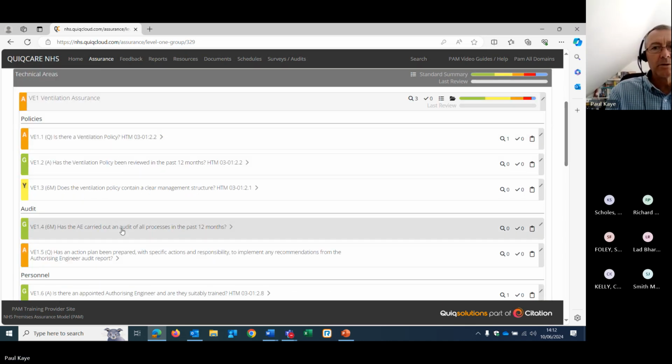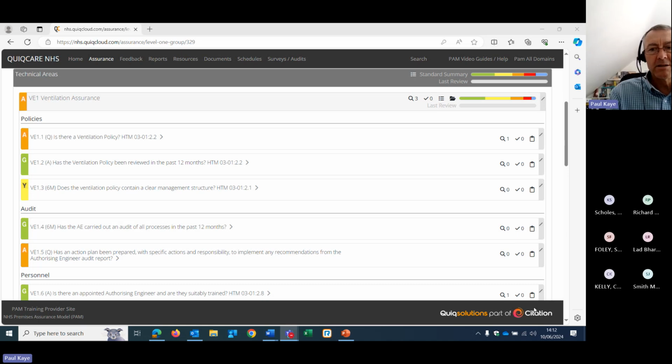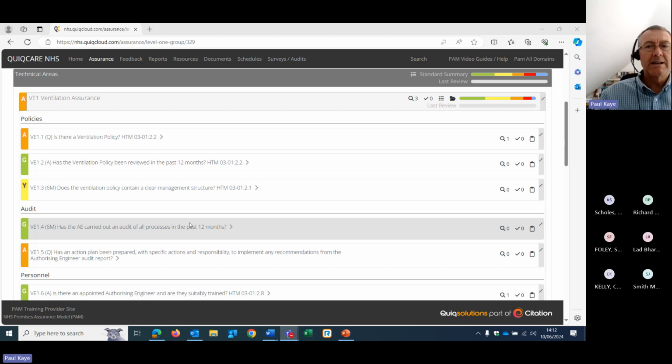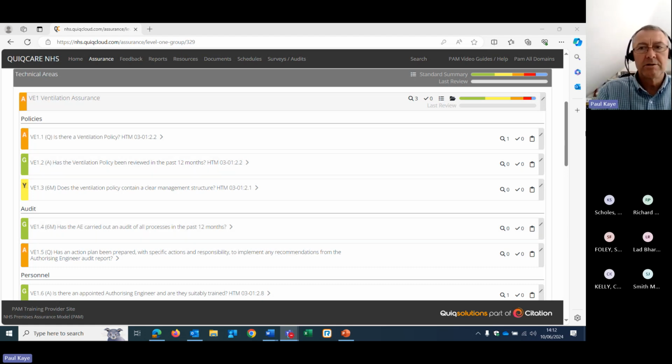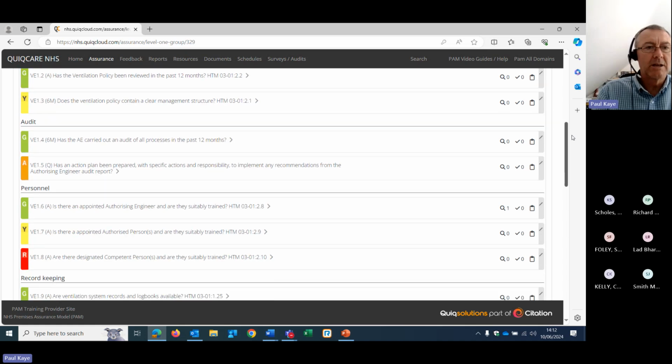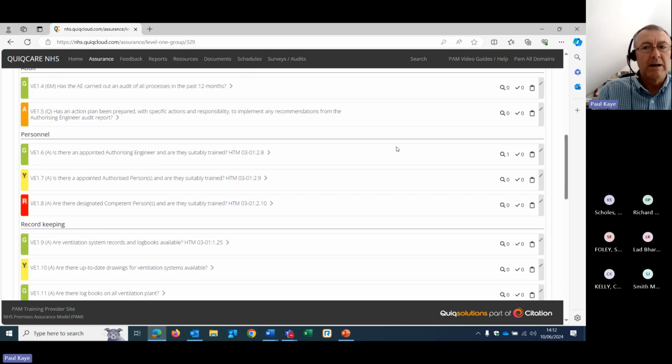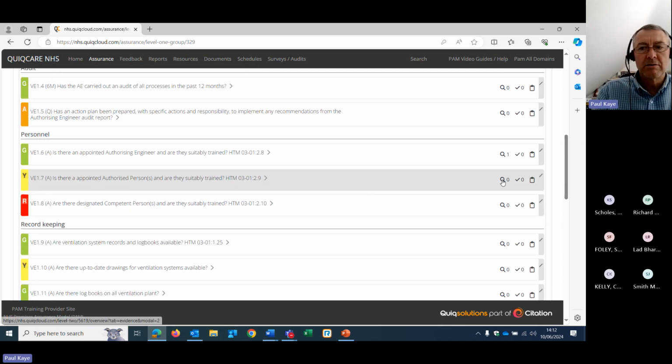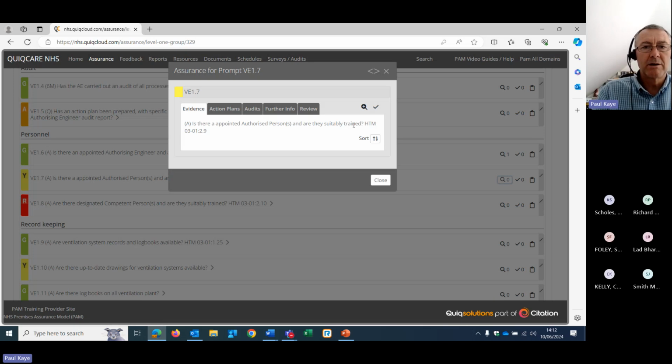This is similar functionality to PAM because it's using the same software, but obviously with different content. So as an exercise, ongoing for a deeper dive than necessarily PAM might give you, you can look at these questions, you can see the sorts of areas they cover, and to answer a question, you click on the little magnifying glass on the right.